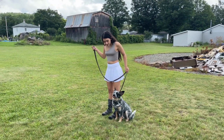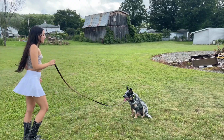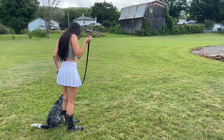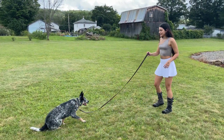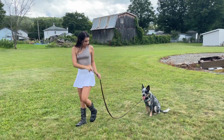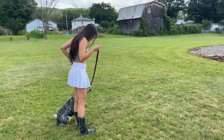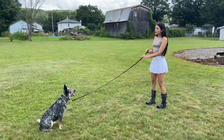This is Destiny drilling Tracer. Tracer's about an 8.5-month-old cattle dog, something like that. And drilling the dog is very important. It doesn't matter how much training the dog has. You're always going to be doing this once the dog understands the command. They learn by repetition, and training is a lifetime of the dog. So although this dog has just started doing this, practice makes perfect, and practice makes perfect for the dog